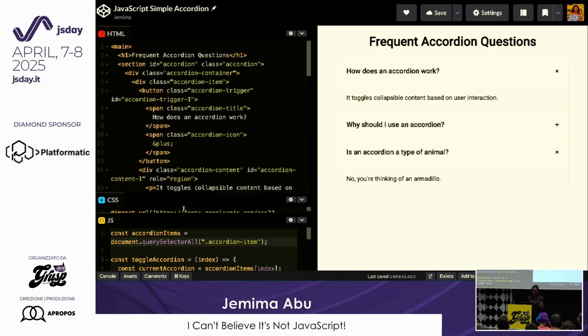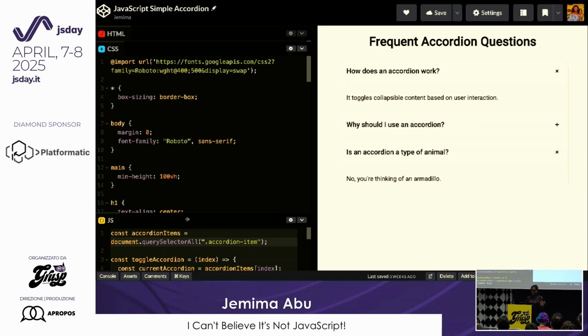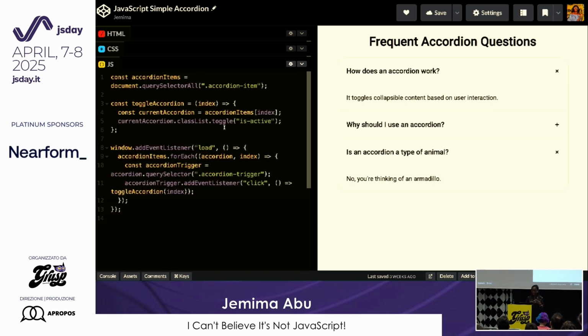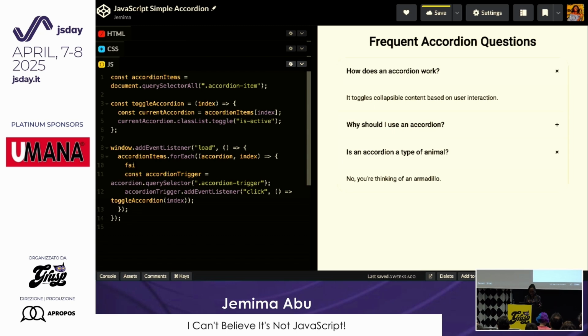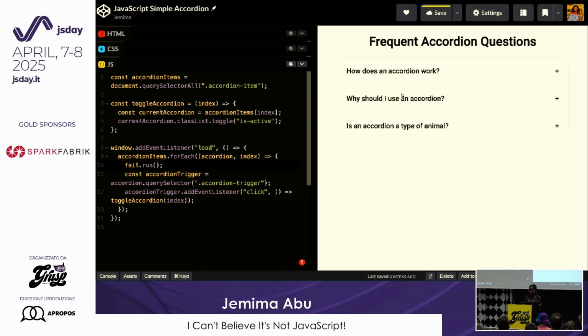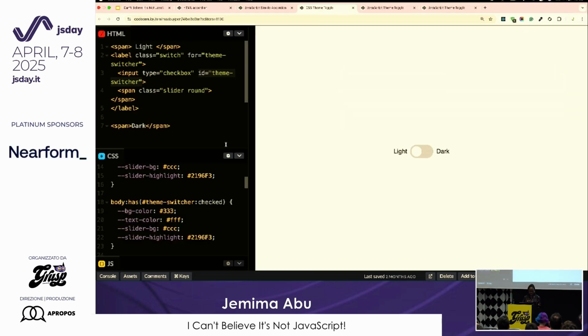But yeah, the other thing I want to say with details is another reason that details is great as opposed to using JavaScript. And this brings us back to the thing I was talking about, how JavaScript is unstable. So let's say, for example, you had an issue in your JavaScript code, right? Now I'm clicking this accordion, but nothing is opening. What this means is the second you get an issue in your JavaScript, your accordion no longer functions. So if this were frequently asked questions, users would not be able to access the content that's actually in this page. But on the other hand, if we look at details,